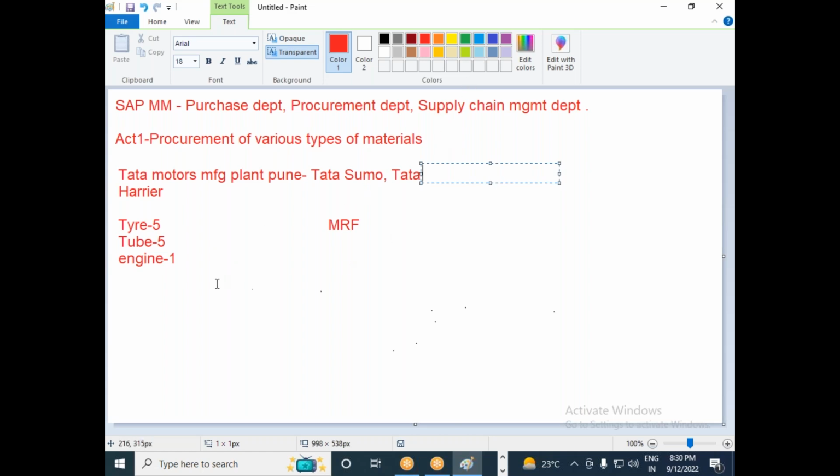Okay, so the SAP Materials Management course will be almost an 80 to 90 days course. Every day there will be a 1.5 hour class, so it will take 90 classes to complete the entire course.